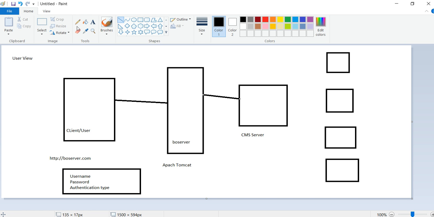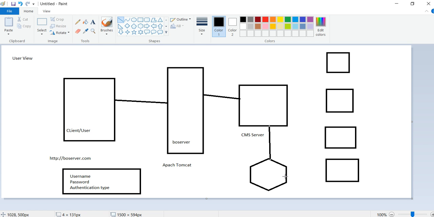The CMS server is also connected with the database where all your information is kept. So Apache Tomcat will pass your user ID, password, and authentication type to the CMS server. Then the CMS server will check with its own database.